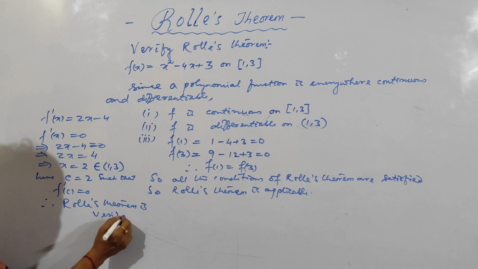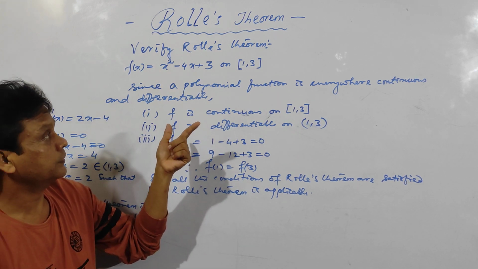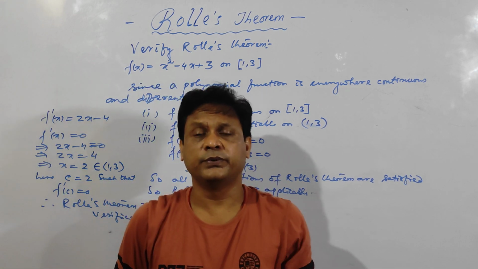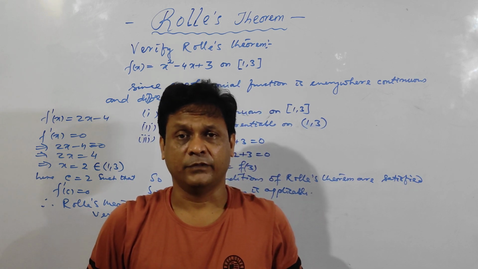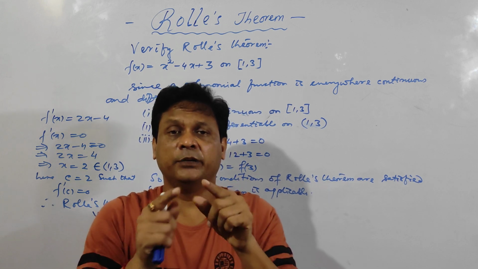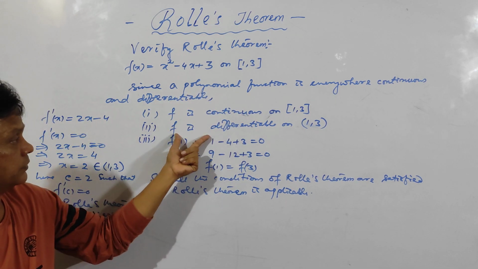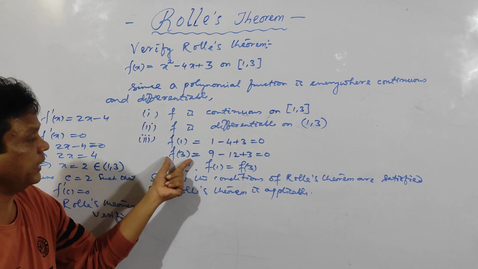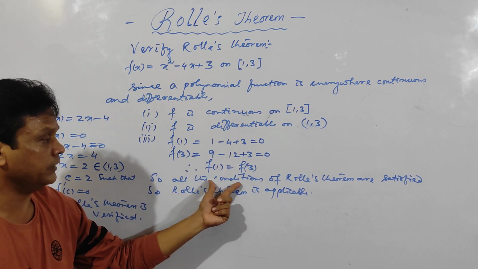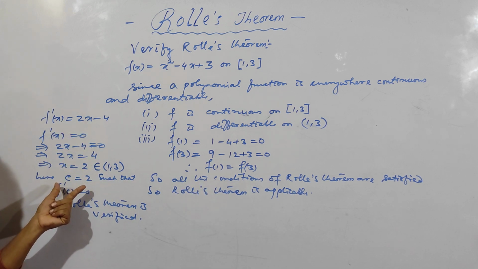Very simple. And the very interesting thing is that in your exam, you will face only polynomial functions or algebraic functions. If you expand the algebraic function, it will become a polynomial function. So automatically you should write the first 2 points. And for this point, f of a and f of b, you want to show that they are equal. Then you should write these 2 conditions, these 2 lines, and then you should proceed like this. Okay.